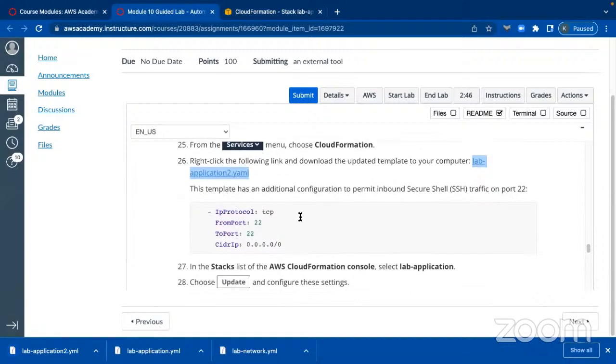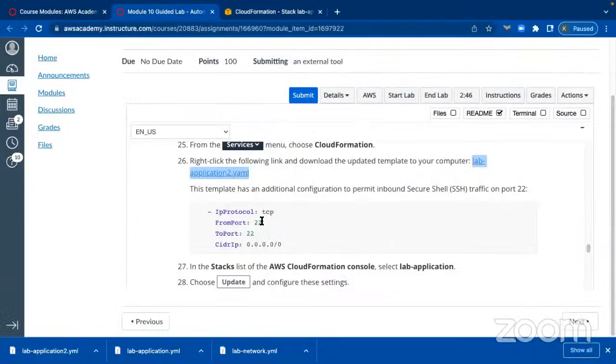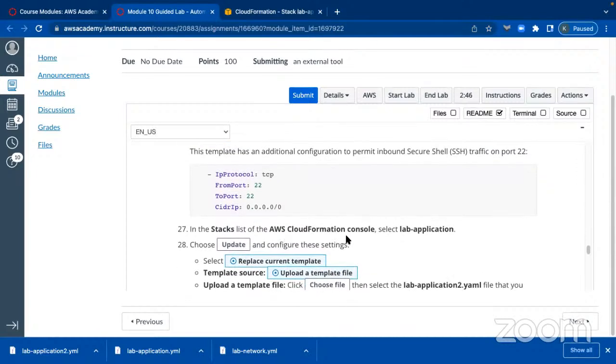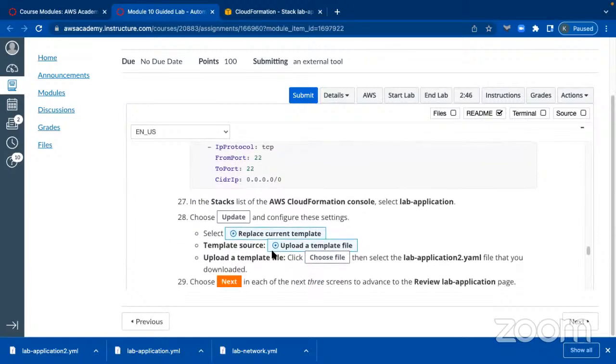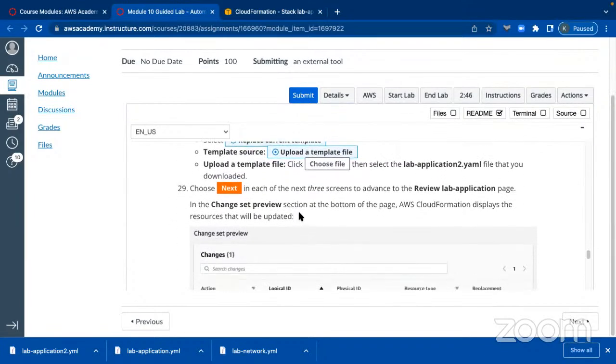So this template has additional configuration to permit inbound SSH from any IP address. You can see that inbound TCP and all that. In the stacks list, select lab application, choose update, and select replace current template, upload a template file. I'll choose that one. And then I'll click next in each of the three screens to advance to the review